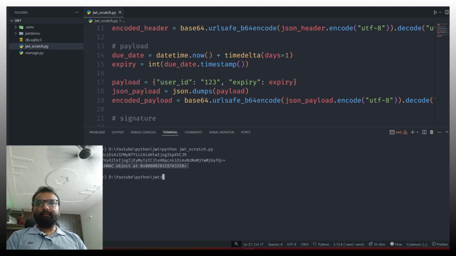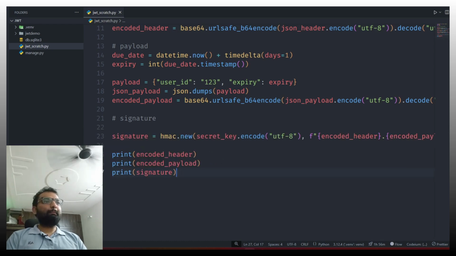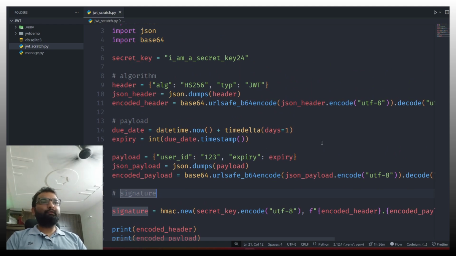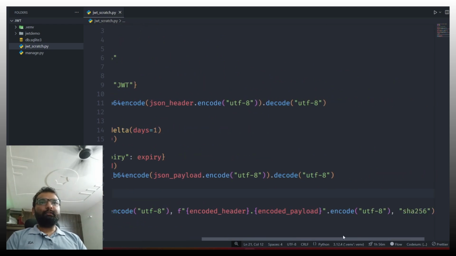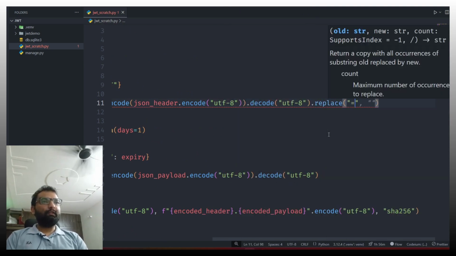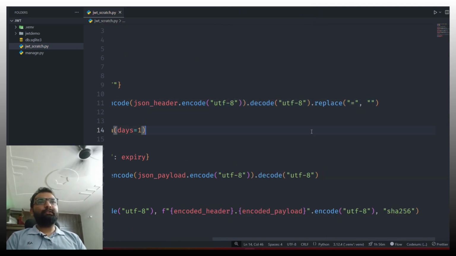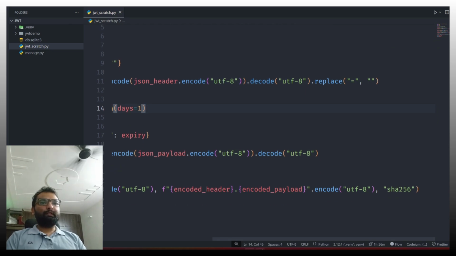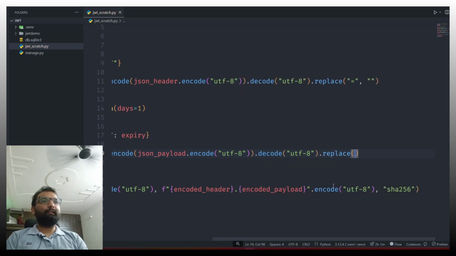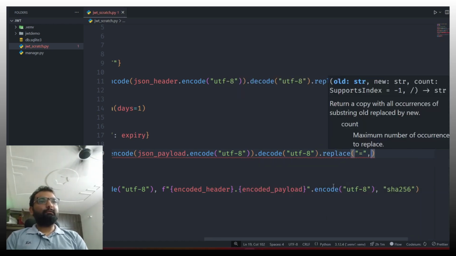So this is our hmac encoded, and these two are encoded. This double equals is padding in base64, but in our JWT we do not require padding. So let's do one thing. After this, let's add in our replace. We will replace the equals sign with an empty string, and let's do the same with our payload. So dot replace equals, and yeah,